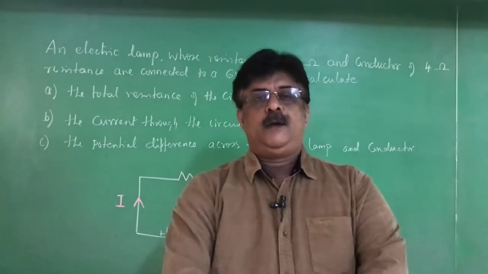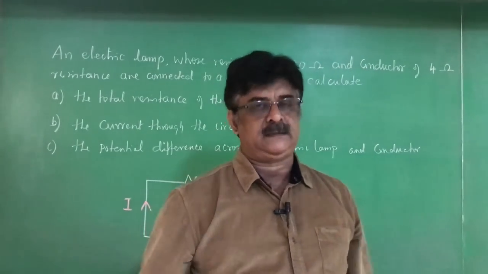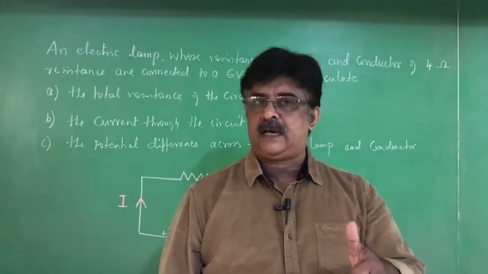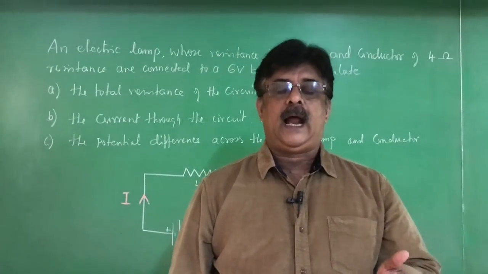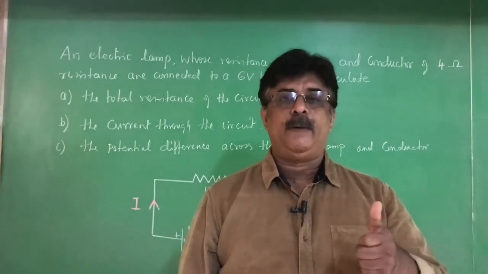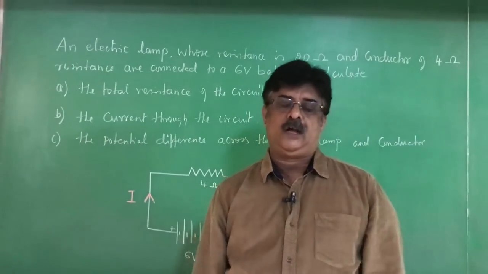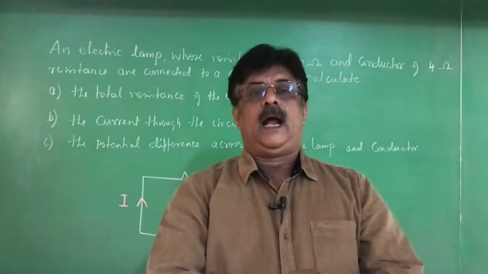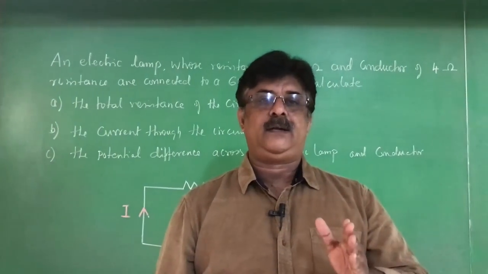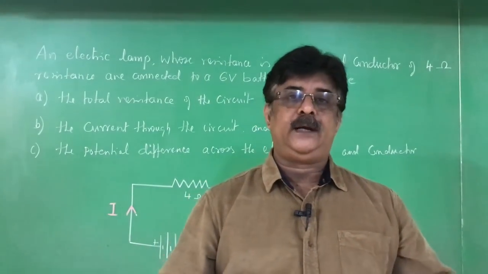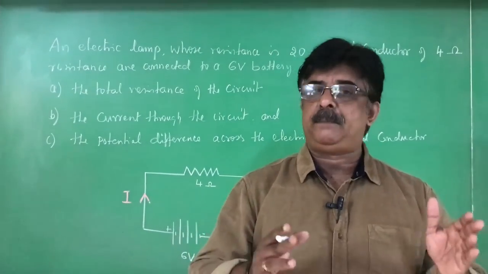Hello children, we are in a chapter called electricity. In this chapter, what I told in the previous classes is, we know the definition of electric current, we know the equation of electric current, that is I is equal to Q by T, and we know V is equal to W by Q, and we know the formula related to Ohm's law, V is equal to IR, and what are the factors that affect the resistance, that is R is equal to rho L by A, and then I told you something about resistors in series and resistors in parallel.